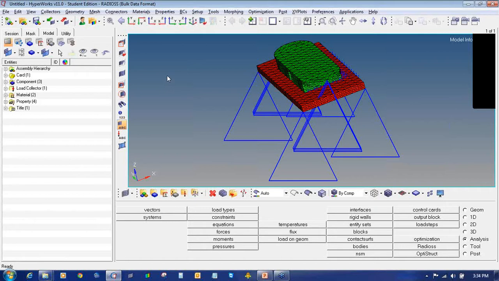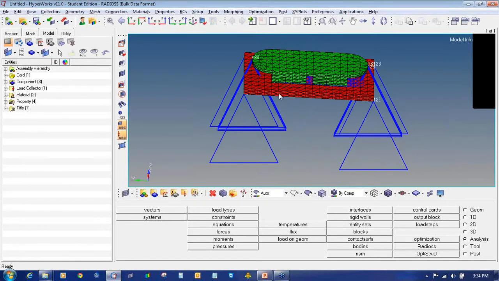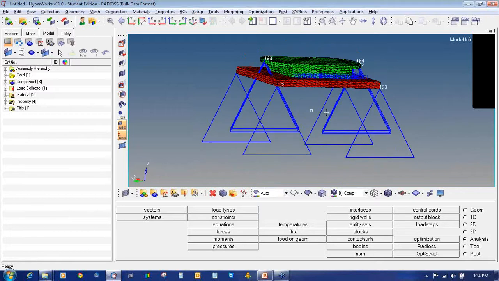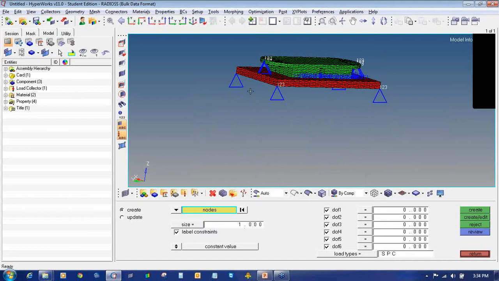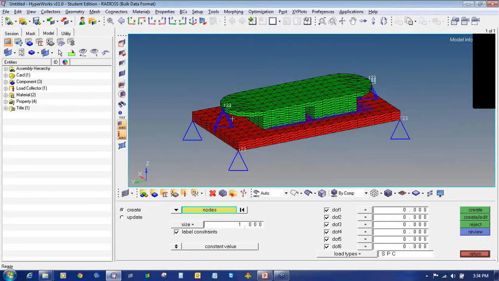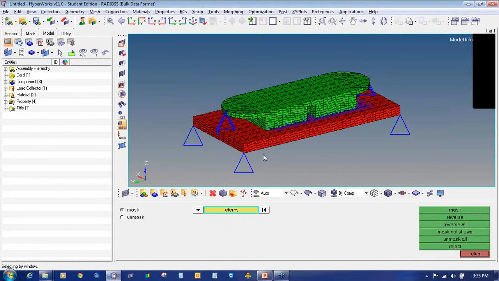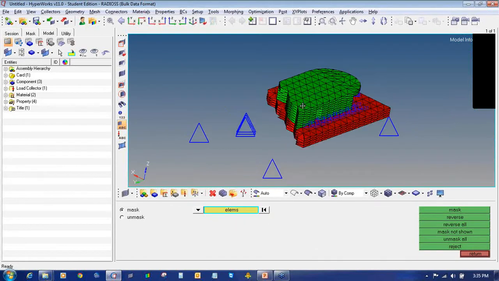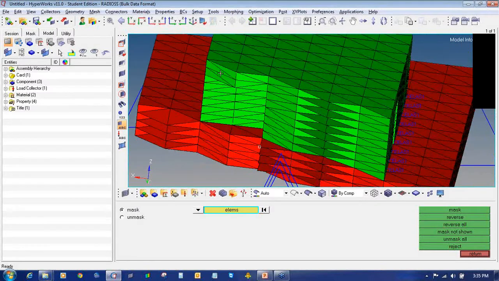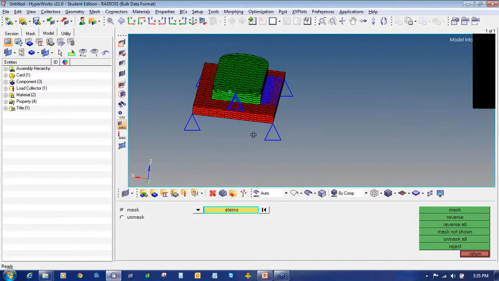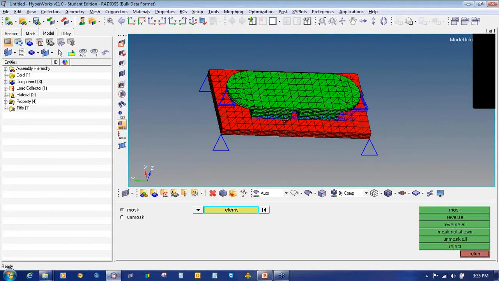So this is the model, which is constrained at the bottom, as you can see. I will decrease the size to 1. You can see these are constrained and they all are 3D elements. You can see these all are hex meshing. So we'll start our tutorial.